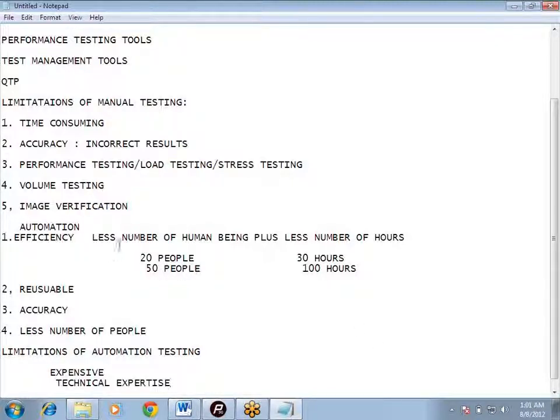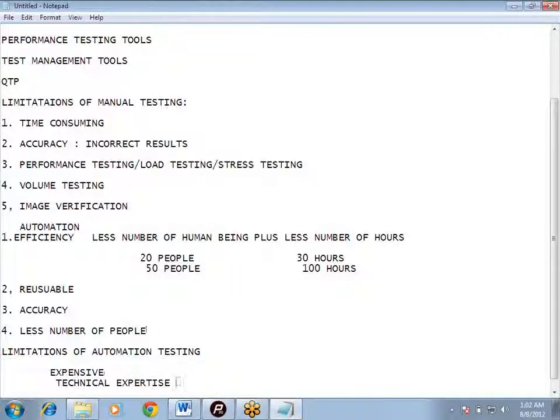I just forgot one more point in automation testing benefits, that they are programmable, manageable, optimizable. Means if we have created some script, we can enhance that script. We can do the programming in that script as per our requirement. We can change our script as and when required. That is programmable, optimizable, enhanceable.